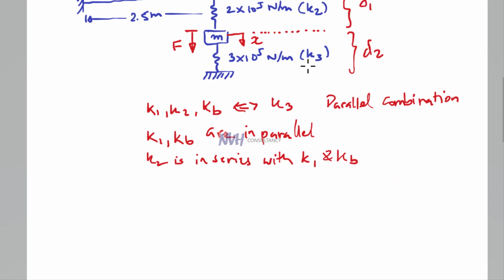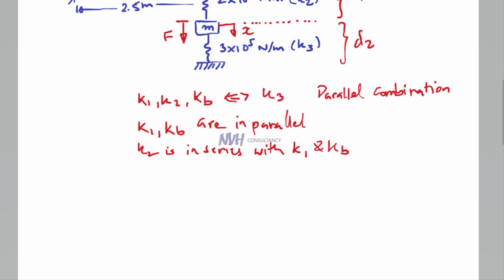So let's write down the equations again. What you will see is K equivalent is equals to 1 over